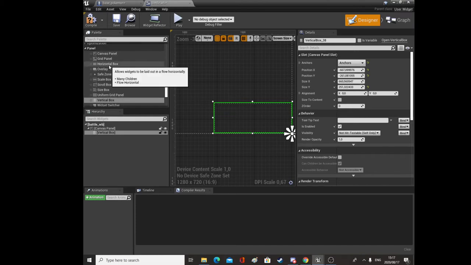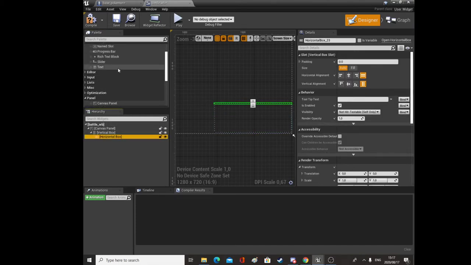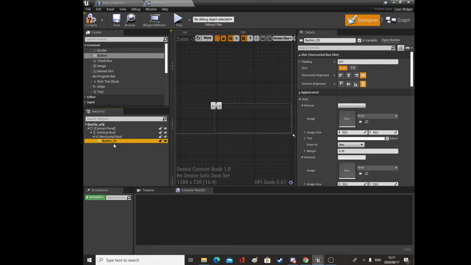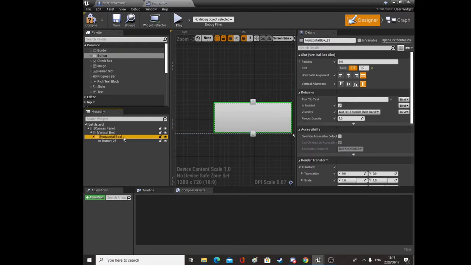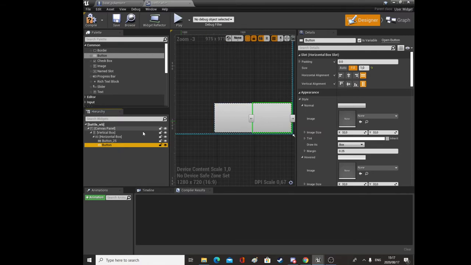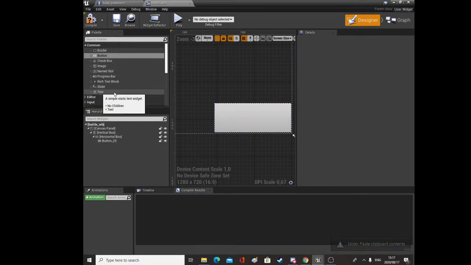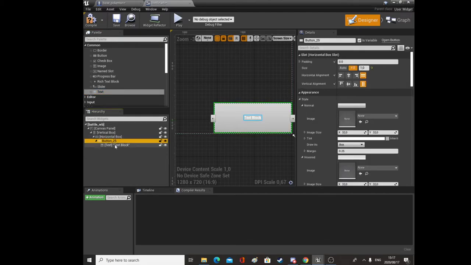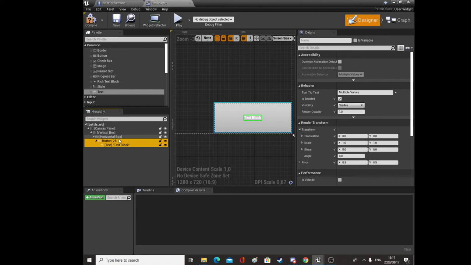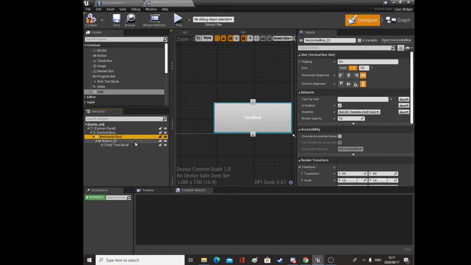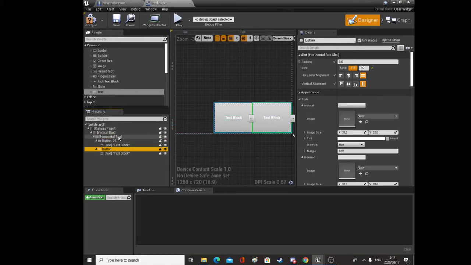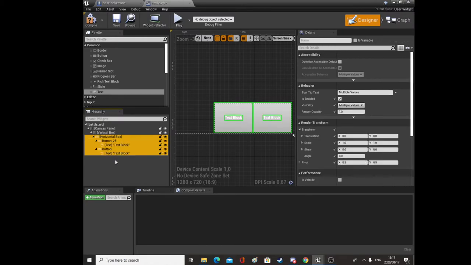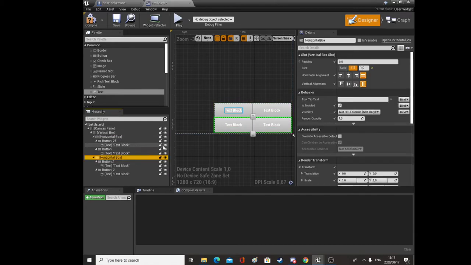And then on top of this vertical box we're going to have a horizontal box. On top of the horizontal box we're going to have two buttons. So one button, and we're going to set it to fill, and the horizontal box also needs to be on fill, and then we'll just duplicate this button. Or rather, before doing that, we're going to add a text to the button, and then we will select both the text and the button and push Control C, select the horizontal box, and press Control V, and then we've got two buttons. And then we'll grab the horizontal box all the way down, so everything underneath the horizontal box, Control C, click on your vertical box, and Control V. Okay,